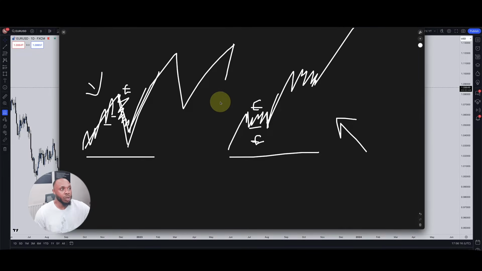And then the moment price runs beneath this low here, this is when you can start thinking price could retrace and then drop even further. I know I've messed it all up, but let's just leave it like that, yeah? Same thing here. The moment price, I don't know where this one ends right now.